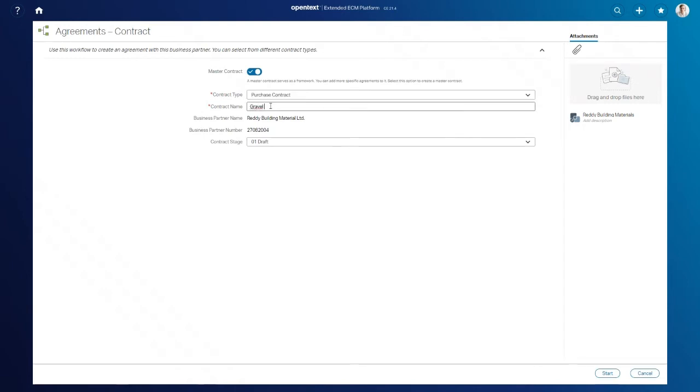And what do we want to buy? Let's say gravel and stones for cement. This is our master contract. The metadata of the business partner has been handed over, and the contract stage is draft. Obviously, right now we start the workflow,